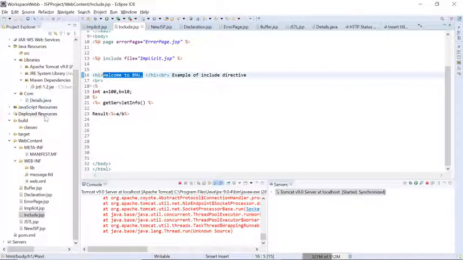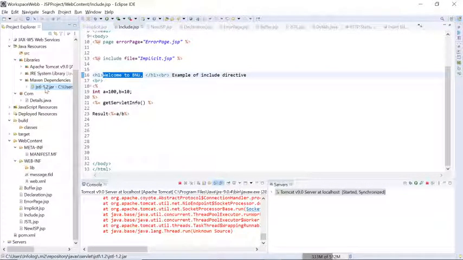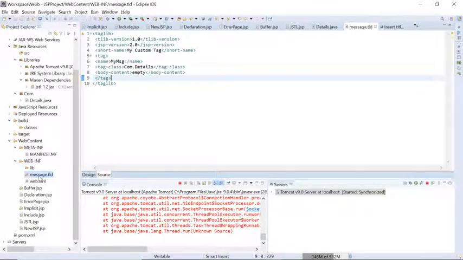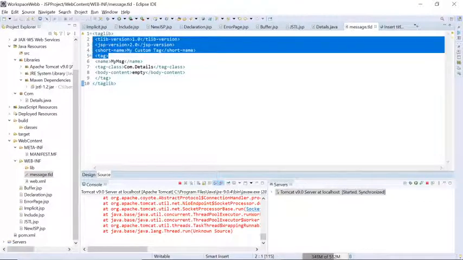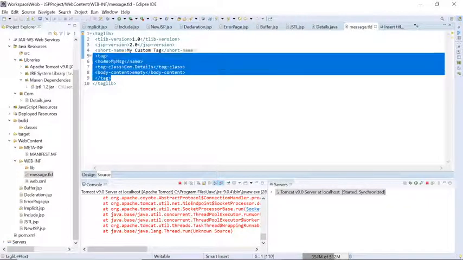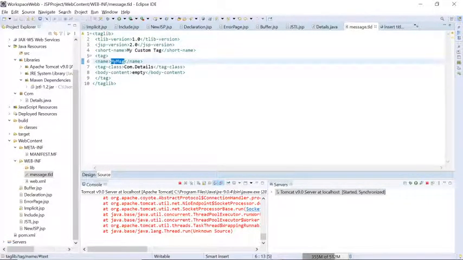First what we have to do, we have to add a JSTL library to our functionality. If you have any doubt how to add a JSTL library, you can contact me. So we have added the JSTL library to this, and later we have to create some tags. You can check out this message tag, its extension is TLD. In this we are giving some version, that is not important. Yes, we have given the version, and we are specifying one tag name, my message, and class.